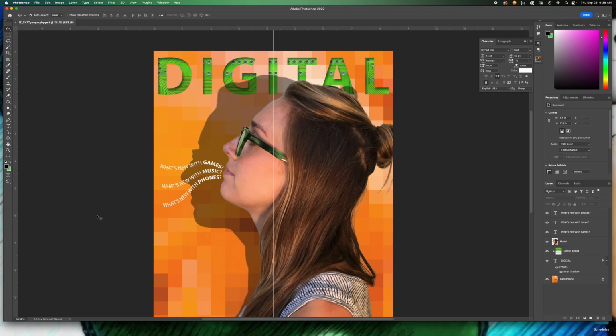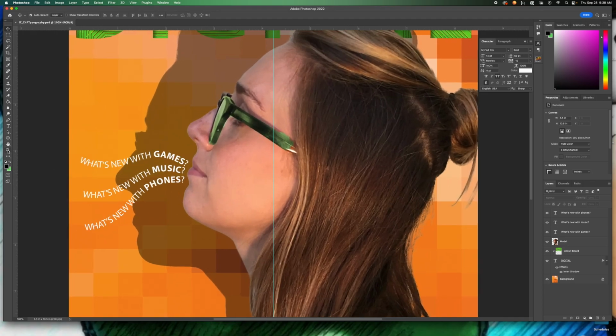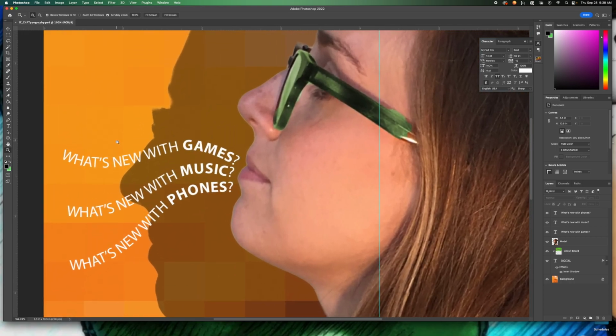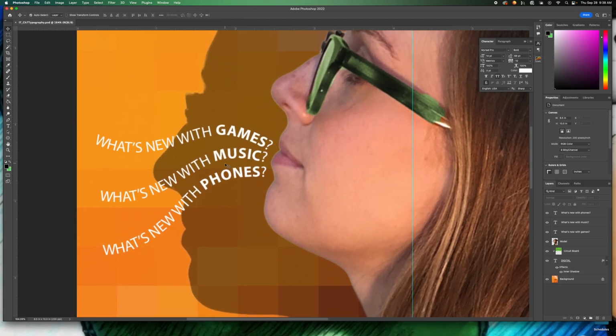Alright, so this next part, we're gonna zoom in. So let's go ahead and do either Command plus to zoom in, or we can do this one right here. And then we can hold spacebar and then click and drag if we need to. So we're gonna be warping some of the text here to kind of make it more flowy. So to do that, let's start with what's new with games. So select that layer. And for this, you're gonna have to hold down the Control button on your keyboard. So do Control, and then,